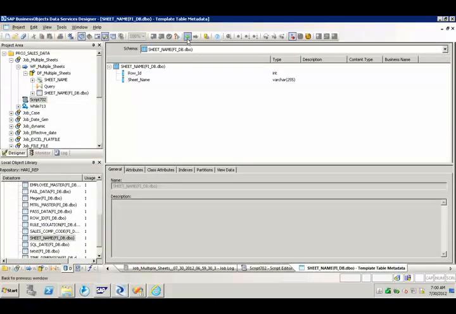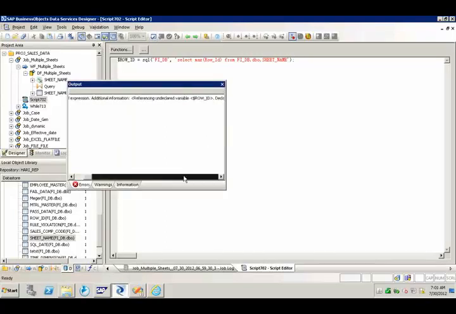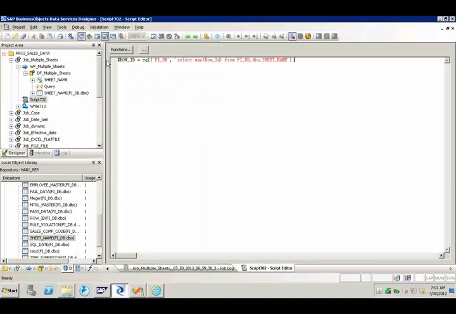Select max of row underscore ID from, what is the table name? From this table. Okay, from f underscore db dot sheet name. Perfect. So just click on validate, because we are going to get an error because we have not defined the variable.